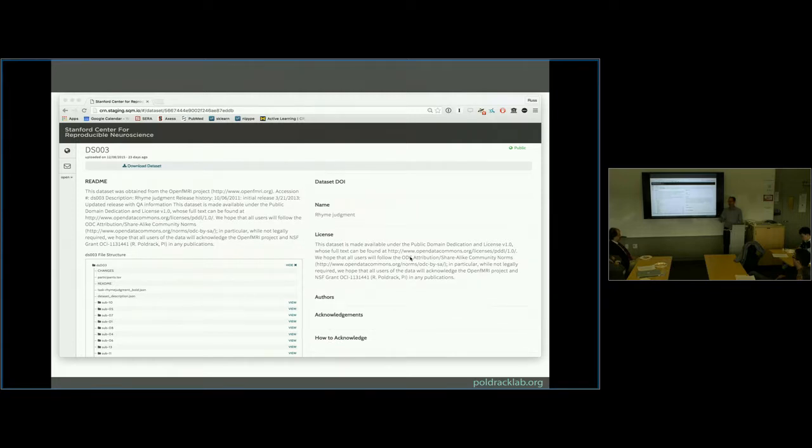Some people putting data into the system may not be. For me, it's always been a trade-off of ease of use and restrictiveness versus adoption. And we've heavily tilted towards getting people to adopt, getting people to use the data. And if that means we lower the degree to which we're going to get attribution for the data, I can live with that.